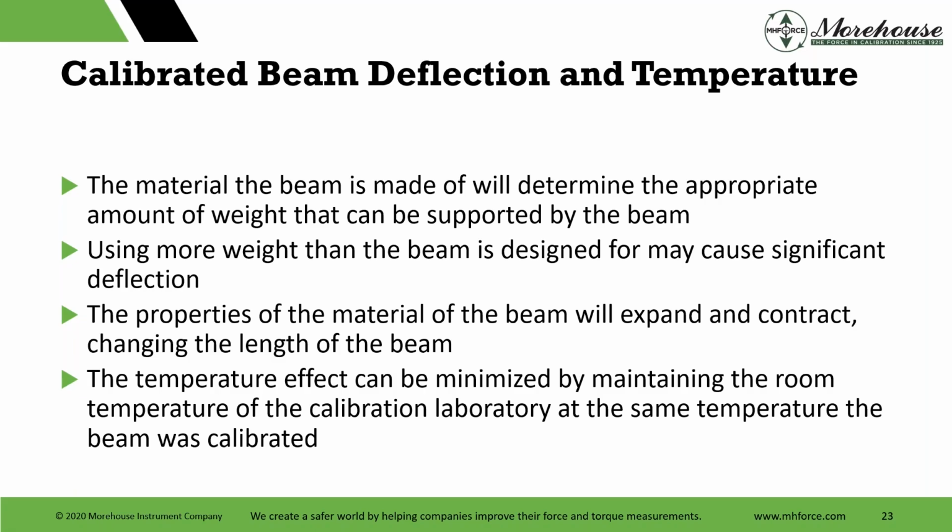Temperature effect can be minimized by maintaining the room temperature of the calibration laboratory at the same temperature. So I went down to NIST for a session on torque, and this one person was talking. I thought they gave the most brilliant speech. He gave a fantastic speech, talked about uncertainty of torque, talked about errors, everything else, and then immediately everything was